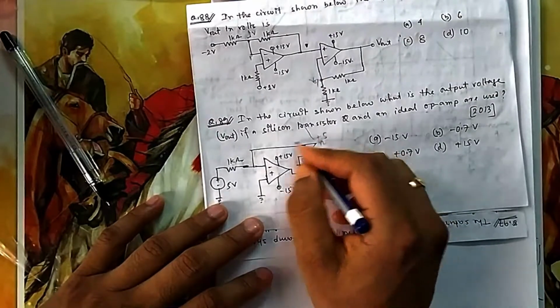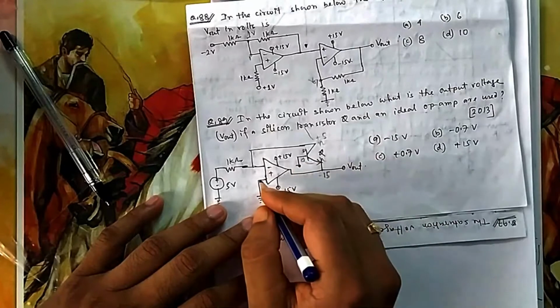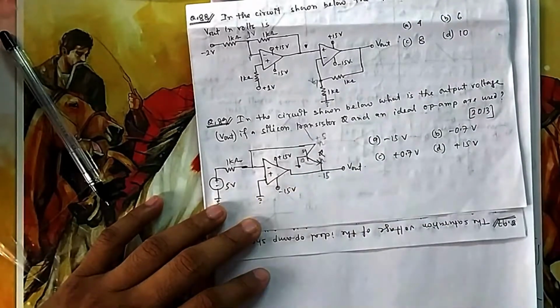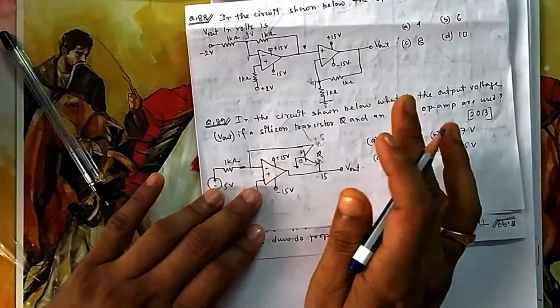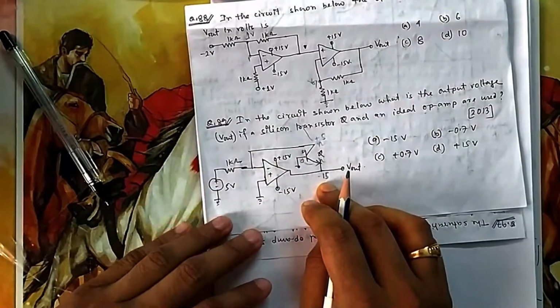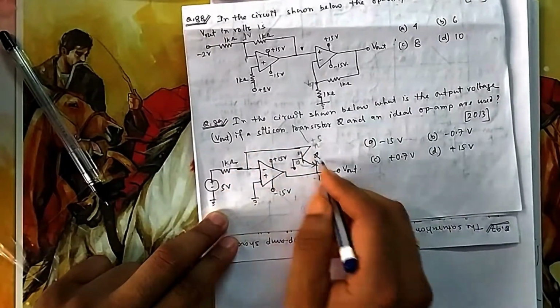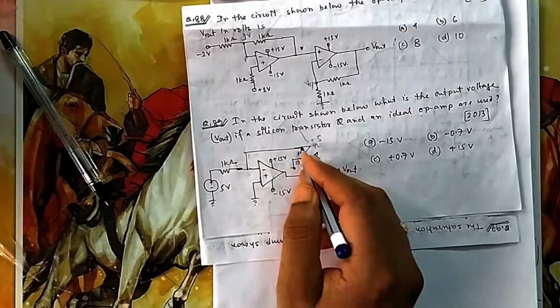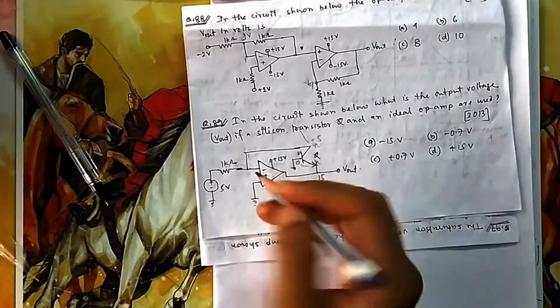So once this is on, now this is a negative feedback. So this potential should be now equal. This is not a comparator, so obviously now it will not be at minus. We'll take nodal here, 0. 0 minus 5 by 1, 0 minus V0 by, nothing is there. You don't know the resistance here. So that's why you cannot put KCL nodal here.